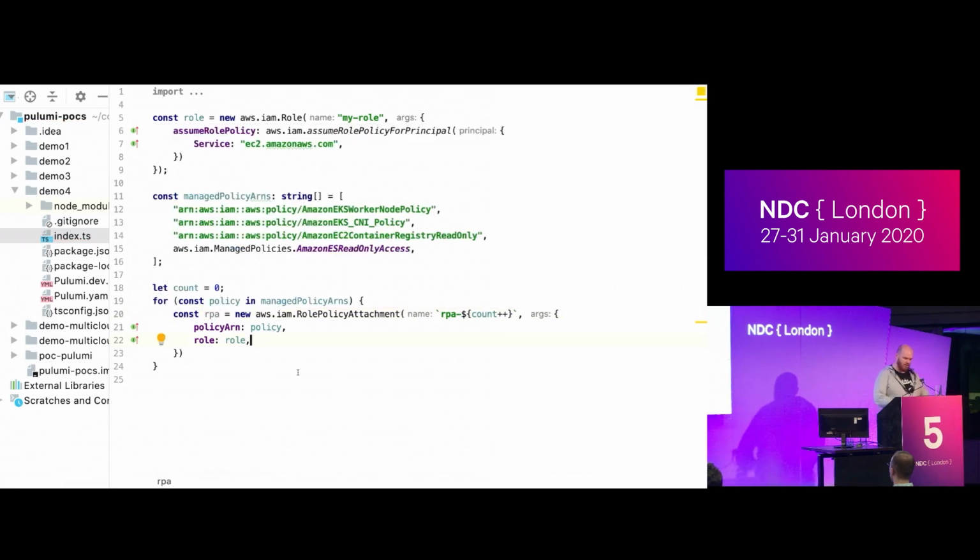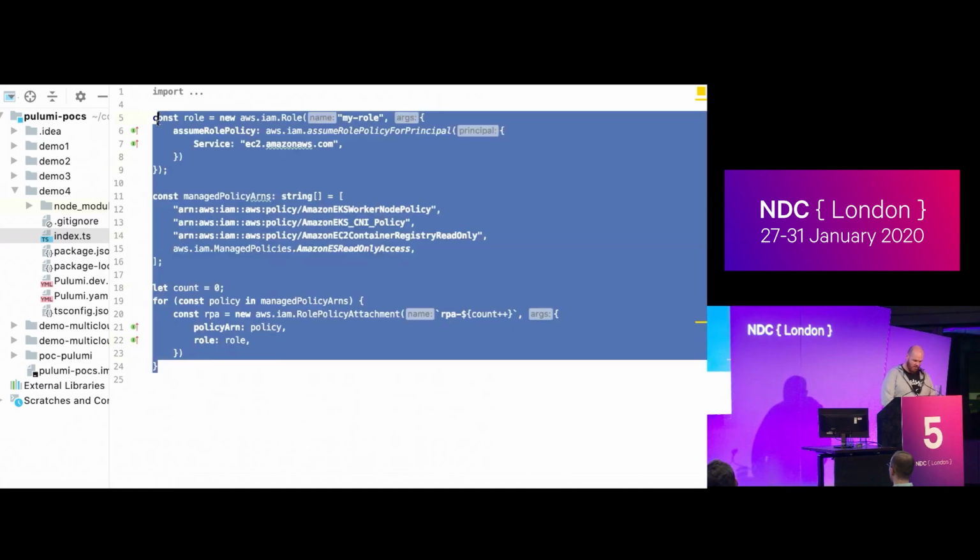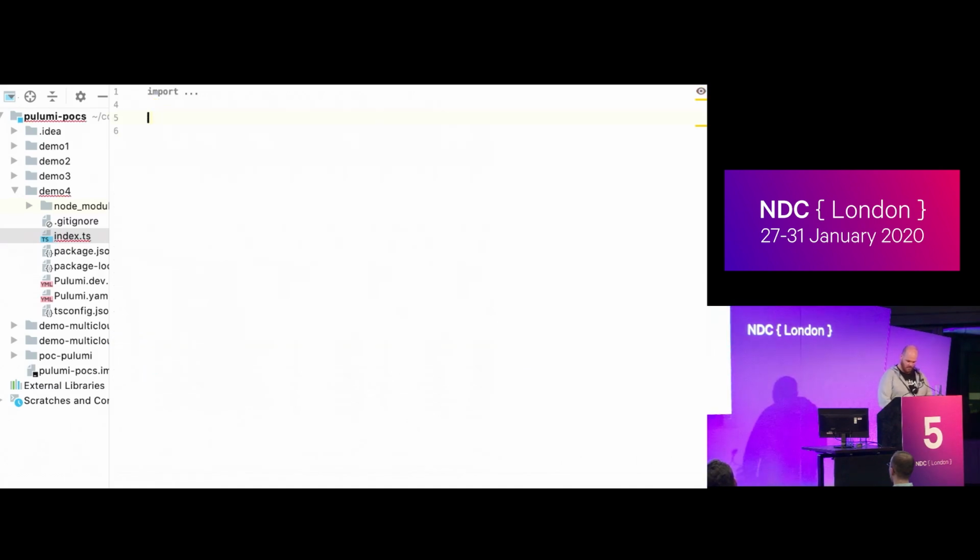Now, I have not only written a role and an assume role policy, but I've also attached a further 4 roles to it, and there's no JavaScript or no JSON on the page. Okay, so it makes life a little easier. But we can even go a little further than that, because what we can actually do is, let's pretend that